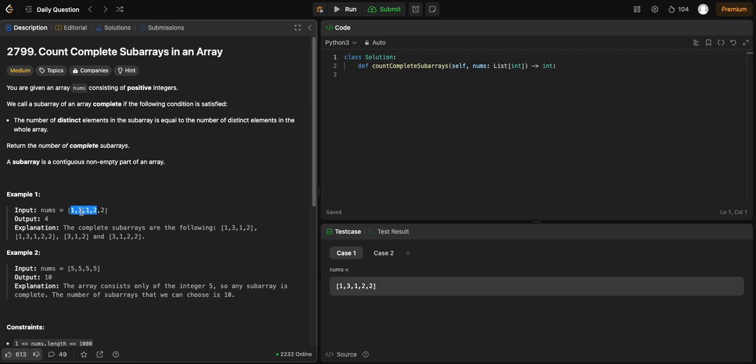And then, well, obviously my highlighted subarray here works. If this works, we can add any of the numbers afterwards to extend it, and it will still work, right? So that means we have to find the number of elements from the last element of our subarray all the way to the end. That's going to tell us how many subarrays we have if we start